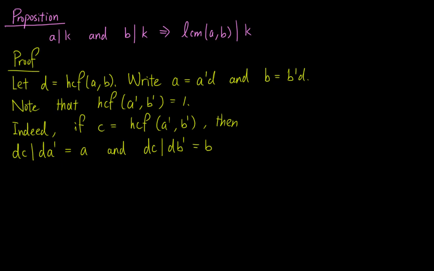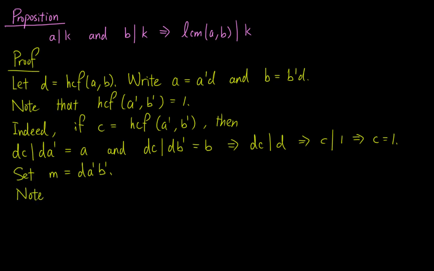Since dc divides both a and b, we know from the last video that dc must also divide the HCF of a and b, which is d. Since dc divides d, we know that c divides 1, so c must be 1. Now, let us set m equals d times a prime times b prime. We note that m equals a times b prime and also equals a prime times b, so a divides m